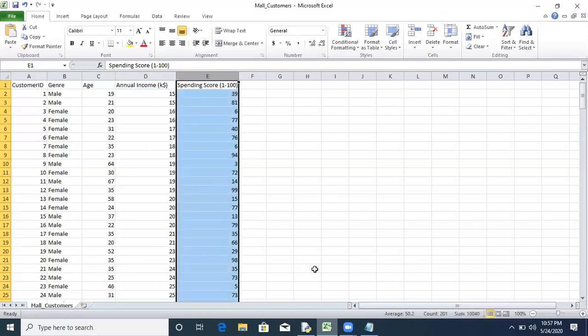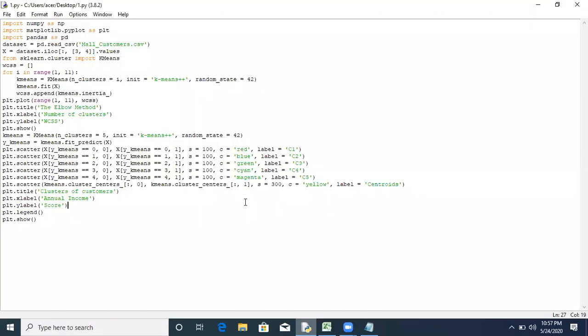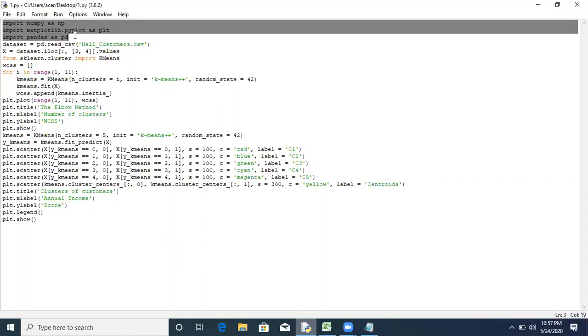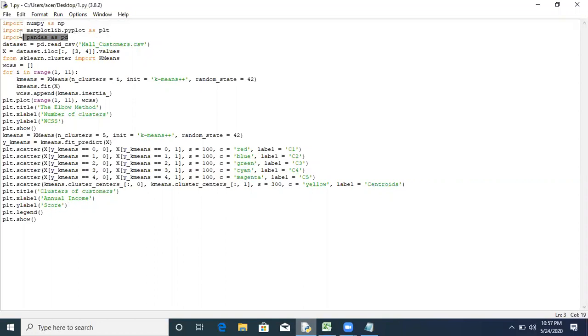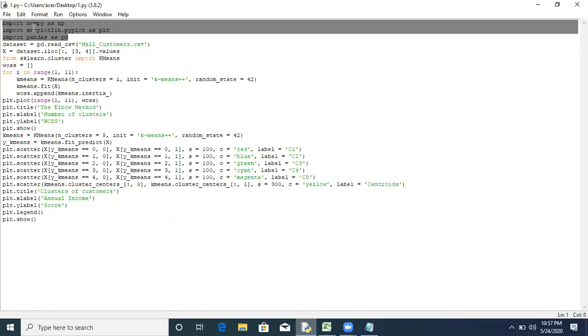Now we'll see the Python code. The corresponding Python code is as follows. First we have to import the libraries. Three libraries we are using: NumPy, Matplotlib, and Pandas. You all know how to import the libraries. We have already discussed this in previous sessions, so you may visit the previous lectures on machine learning. There I have already discussed all these things. So the initial step is to import the libraries.